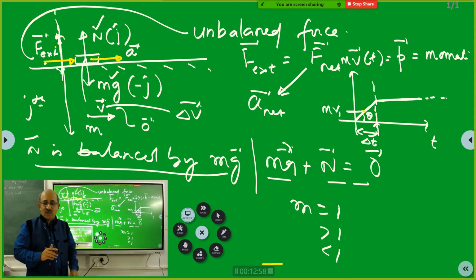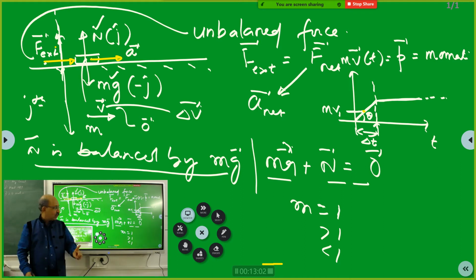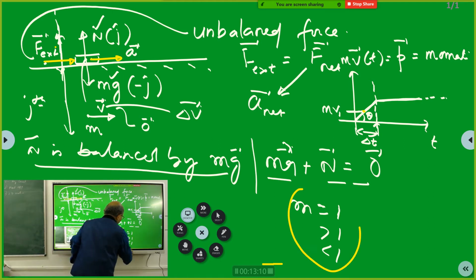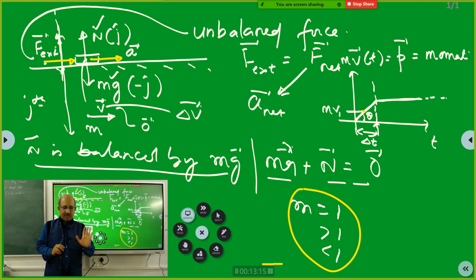See, if I had asked this question, all of you would have got negative marks. The students who have the ability, who are focused on learning, will think like this. I am multiplying by M. Yes, it is a positive value. Correct. Positive finite value. But then what are the values? M is equal to 1. If M is equal to 1, what will happen to the shape of the graph?